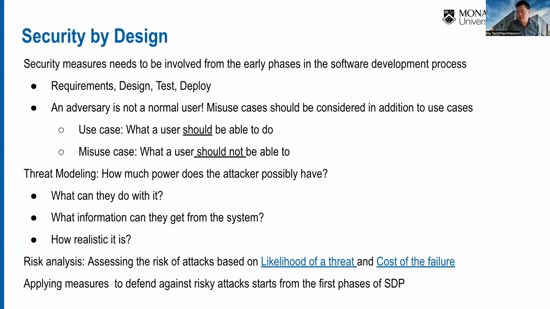If you want to prevent the security issue, it should come from the design phase. It should come from the requirement phase at the beginning, right? So that means the security should be integrated into the requirement phase from the beginning. And we should design the system to meet the security measures, that kind of thing. All right. So this is again similar to shift left software testing, right? We want to shift this kind of process into the early phase of the software development as much as possible. Okay, so security by design means that security measures need to be involved from the early